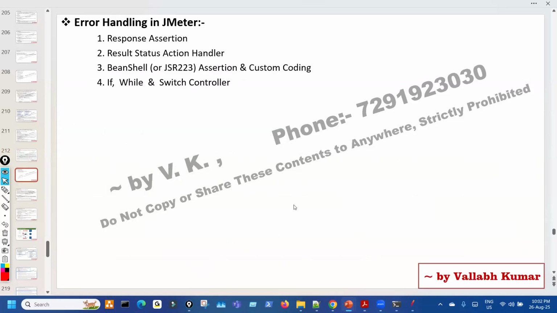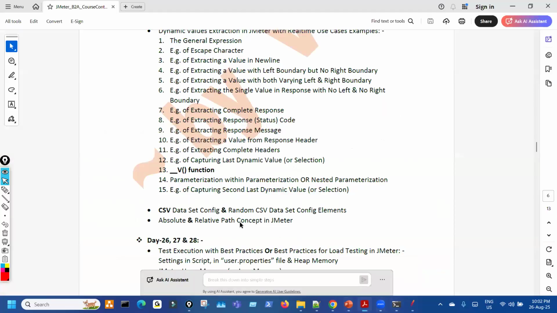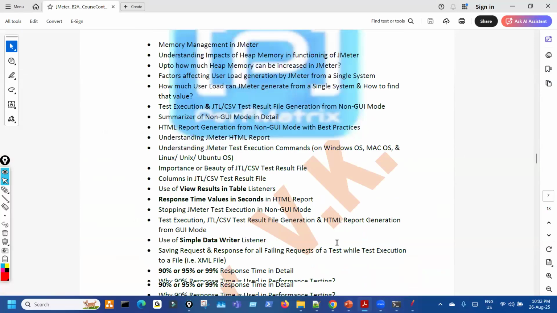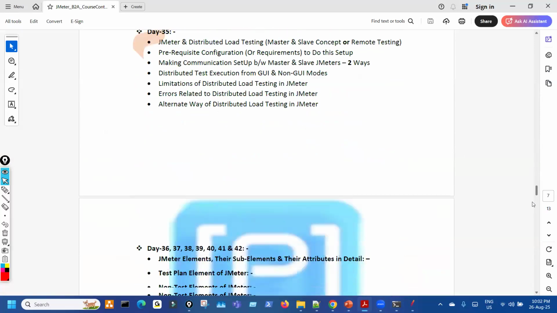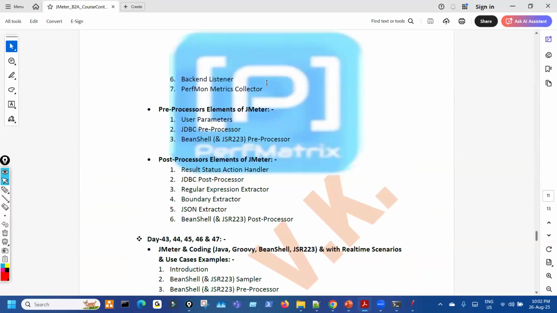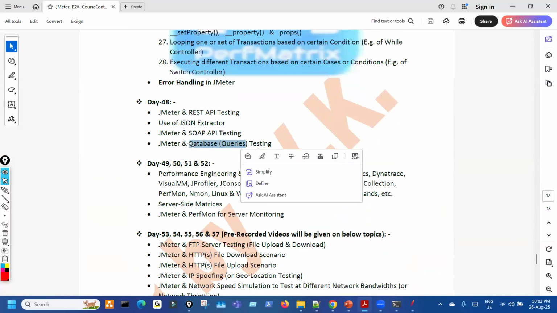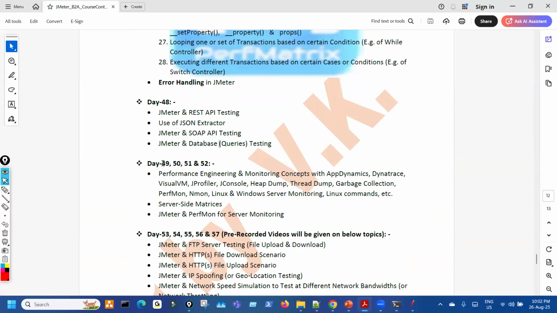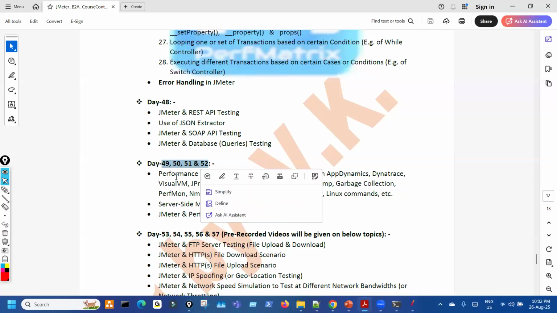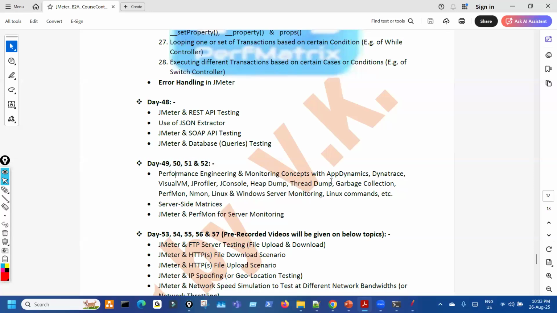After that, we'll see API testing, the SOAP API and REST API. So I think till now we are here at day 47. Then day 48, REST API, SOAP and DB queries, database queries, they are important. Then we will have 4 to 5 days on using different tools to identify the bottlenecks, how that is done, and understanding some core concepts, like what is heap dump, thread dump, garbage collection,